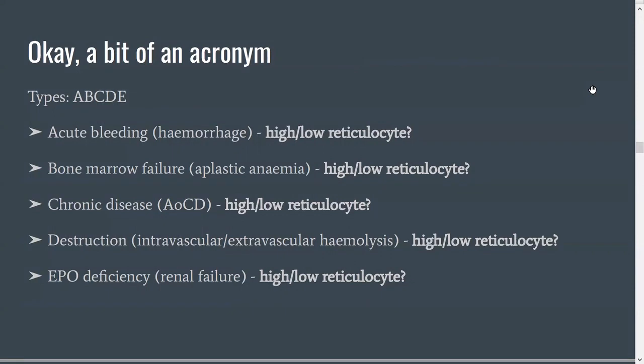So while there's no technical acronym, I would recommend, if you're struggling and if you're lazy, memorize this, because this is just a basic overview of some of the important types of normocytic anemia. Acute bleeding initially, bone marrow failure, aplastic anemia, anemia of chronic disease is also important, destruction internally in terms of hemolysis, and finally EPO deficiency. So I'm going to just rattle out some of these. Please tell me if they are